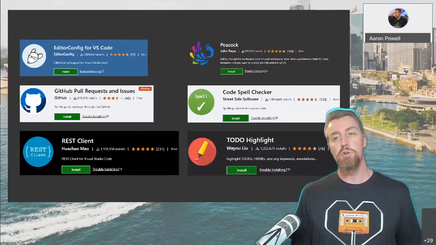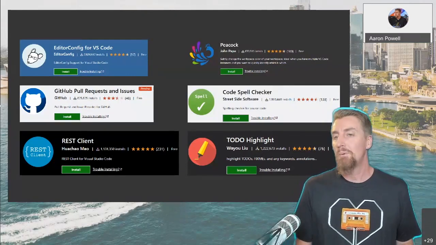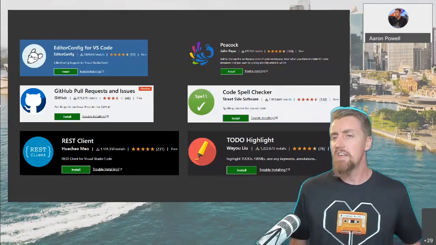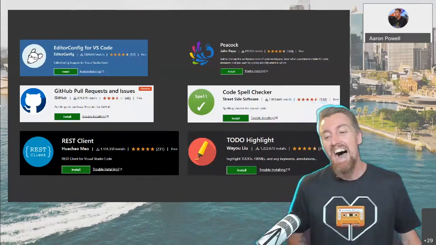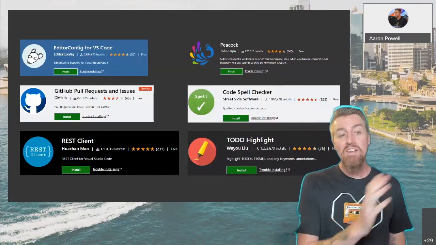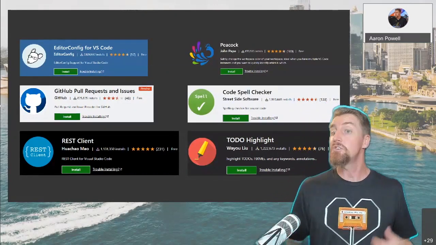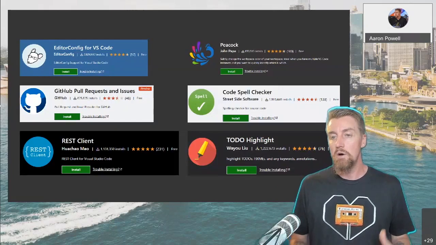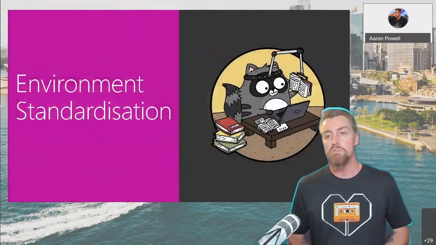And then lastly, Todo Highlight. It's probably fairly self-explanatory what it does. It just makes it easy to find all those whack to-dos that you put inside of your code base. You're like, I will definitely come back and fix that thing that I said I was going to fix, won't I? Yeah, we know you will. This actually pops up in the Problems area inside of VS Code, so you can easily jump around. You combine that with the GitHub Pull Requests and Issues extension, and it allows you to just select the text and generate a GitHub issue straight from that. So you can just be commenting your code, annotating it as you go along, and then easily turn those into issues inside of your environment, in your repository.